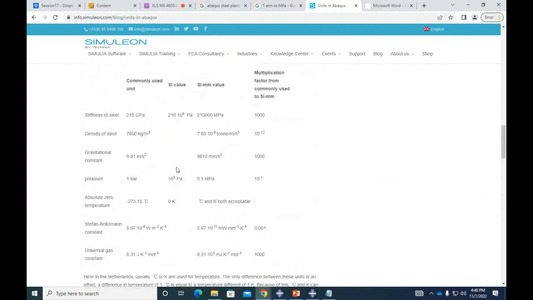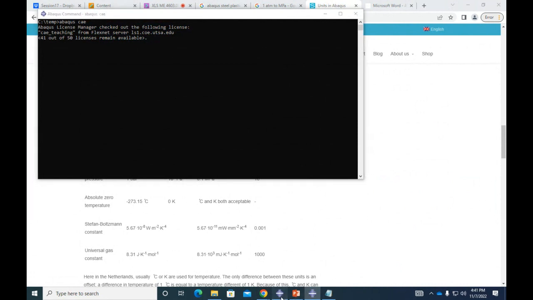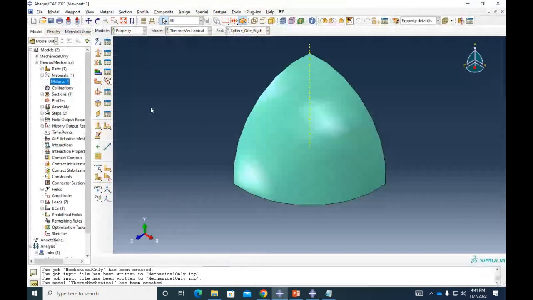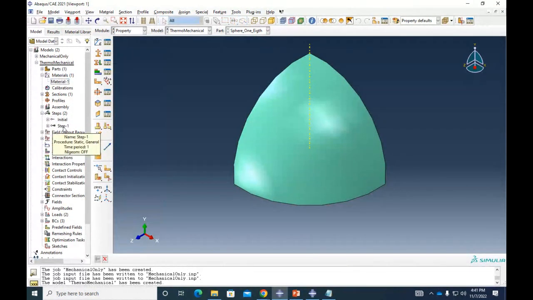Basically, the way I do this is that I go to a paper. For example, I search for heat transfer Abaqus and a particular metal, and that's where I grab the properties from. All right, let's not go into too much detail there. So I already added the thermal properties. I'm gonna change the step, all right?